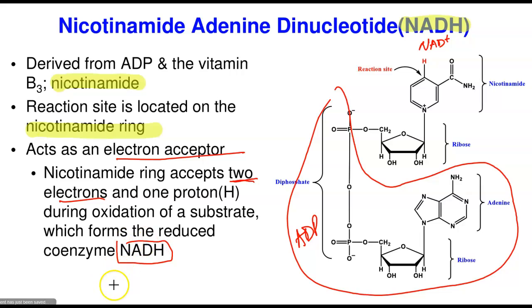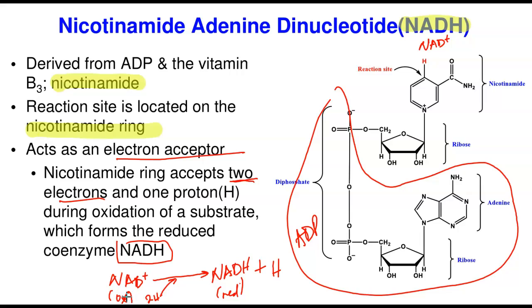So look at what happens here. If this is NAD+, which is the oxidized form, like I told you, without hydrogen, it accepts hydrogen. So one of them gets here to form the reduced one, plus one of the hydrogens now begins to flow. So this is reduced, and this is oxidized.